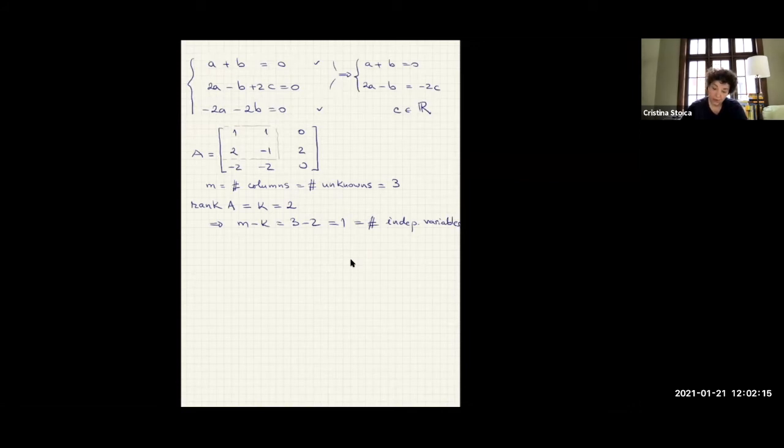And now we're gonna solve the system. So let me write it again here. However you wanna solve it, where c is in R, we want to end up with a equals minus 2 over 3c, b equals 2 over 3c, where c can be anything. All right, so now we know,